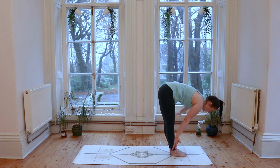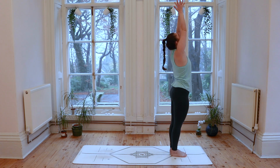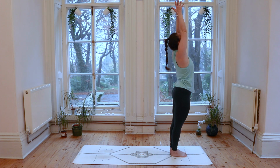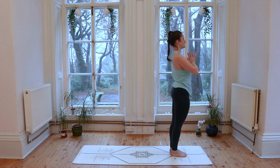Inhale to sweep the hands up to the sky, lifting nice and tall. Maybe you look up as the hands meet overhead. Exhale, hands come down towards the heart space. And I invite you here to close the eyes once more. Think about softening the shoulders away from the ears, rooting down through the feet, and once again, taking a deep